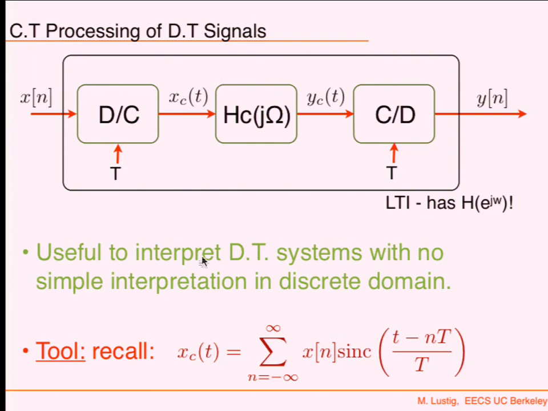Okay. So again, recall that xc is basically x of n convolved with a sinc function that is translated. It's convolved by a sinc function that has a zero crossing every T seconds. Okay. So now let's look at what's actually going on here. We're going to start to derive and see what's the relationship between all of these. You ready? Okay.